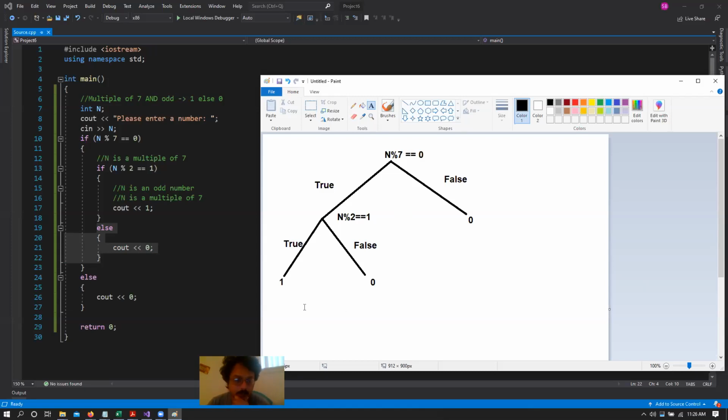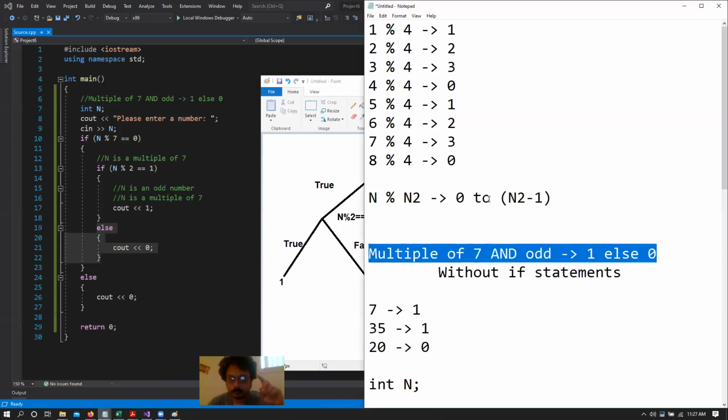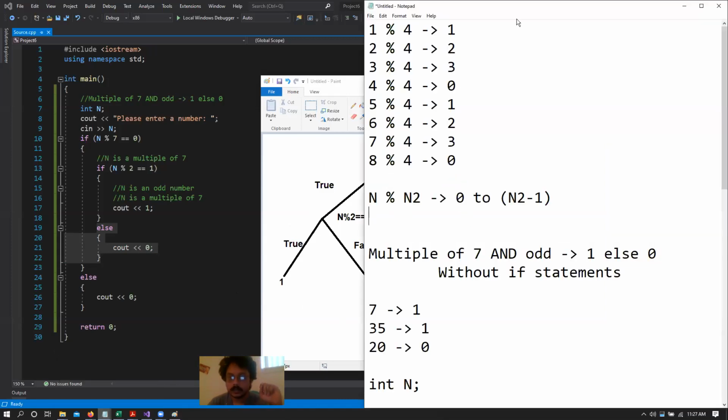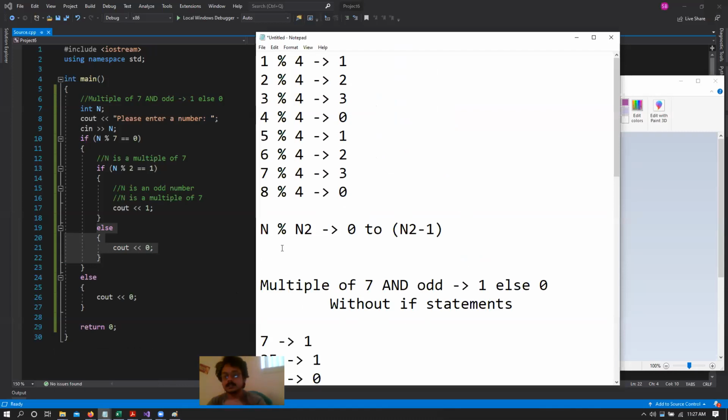Now, we will talk about how we can merge these if conditions together into a single if condition, so without any nested if conditions. But before I do that, I want to ask you guys one other thing. So we know that the mod operator is essentially the residue or the remainder after integer division.